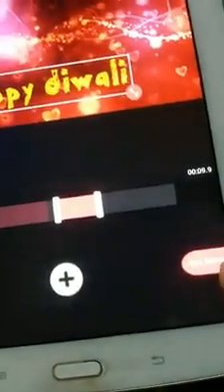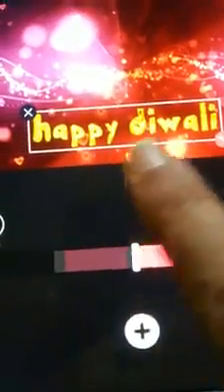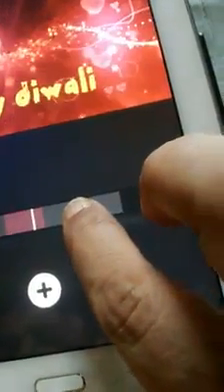Now whatever font and color I had given, it is coming the same. I'm just moving it down here. You can increase or decrease the size, or if you want you can come here and change the font and the color, but I want to keep it the same for all at present. So I'm just positioning it where I want it. I've given happy Diwali. Again by default it is giving 2 seconds here. You have to be careful how long your video is, first of all.